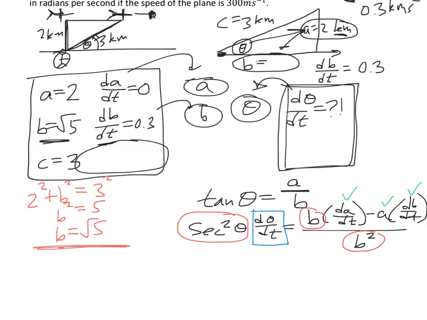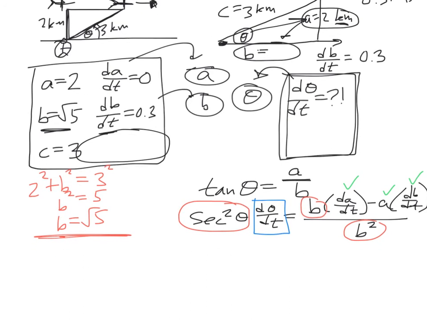what secant squared theta is. Okay? So let's think here for a moment. Secant theta is 1 over cosine theta. And cosine is adjacent over hypotenuse, so this would be the hypotenuse over the adjacent side. So from right here, hypotenuse over adjacent side. So that means that secant theta is 3 over root 5, which means that secant squared theta is going to be